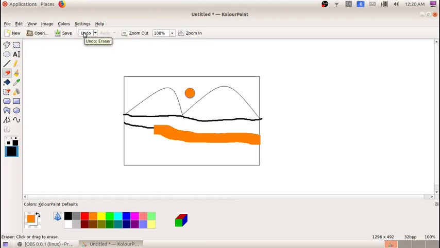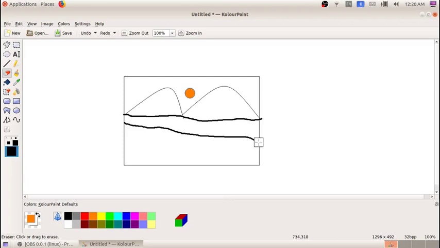Yes. So one more time I will explain. Listen carefully, this is a very important question. We have already studied two types of colors, foreground and background. Here what is the foreground color? Orange. What is the background color here? White. Now if I want to erase a mistake, I can use the eraser tool. I had selected the eraser tool. Now I am going to erase this river.